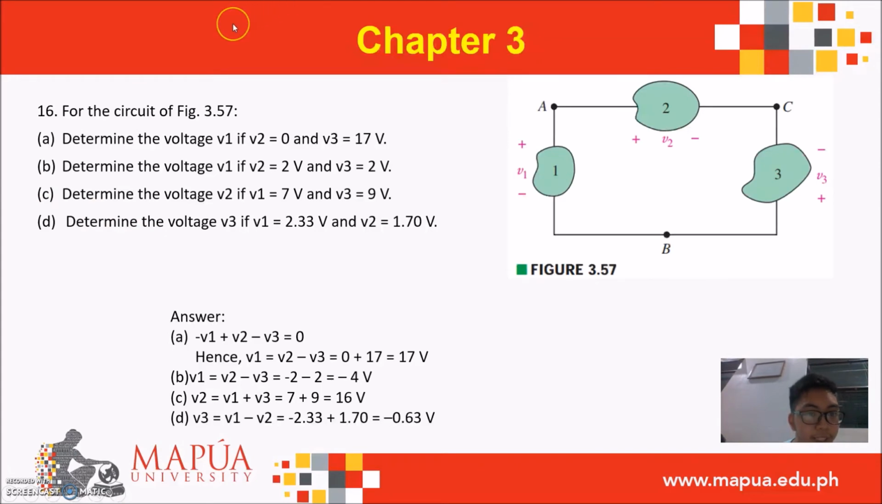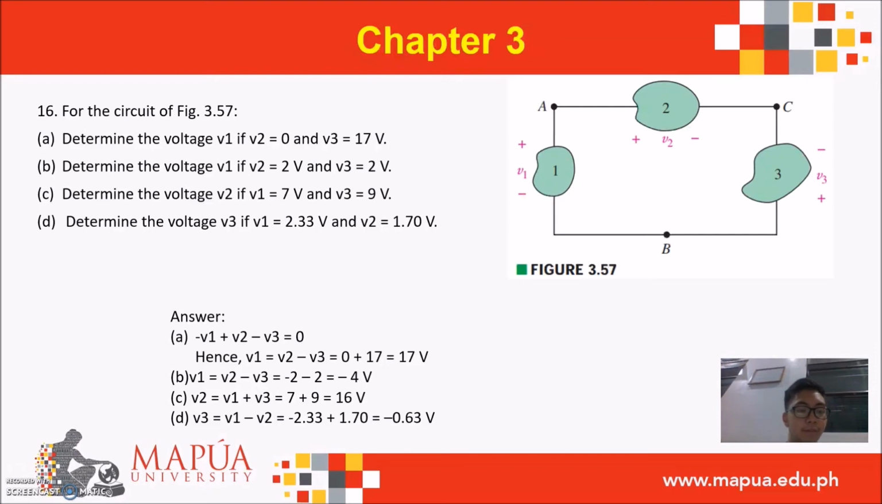For D, determine the voltage V3 if V1 is equal to 2.33 volts and V2 is equal to 1.70 volts. So from the given figure, we are able to form the equation of negative V1 plus V2 minus V3 is equal to 0. So from this equation, we can solve for V1